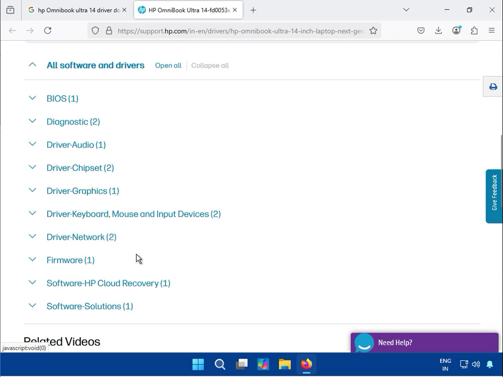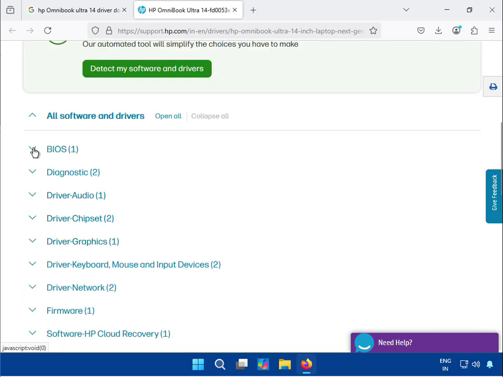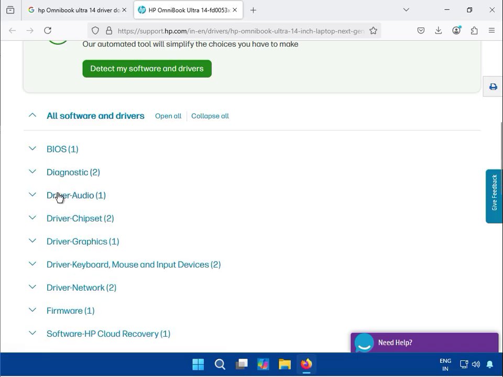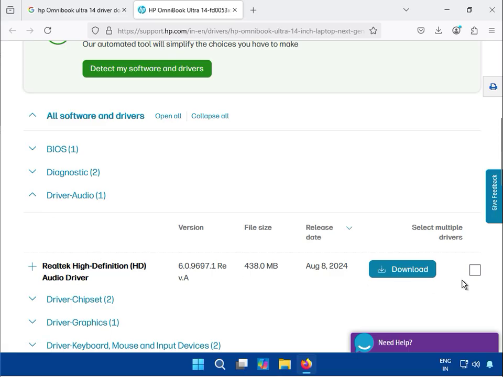So a lot of drivers you can see here. Do not get confused about that. BIOS, if you have to update BIOS, no. If you install the basic drivers of your laptop, you just extract, and select the first driver, audio,